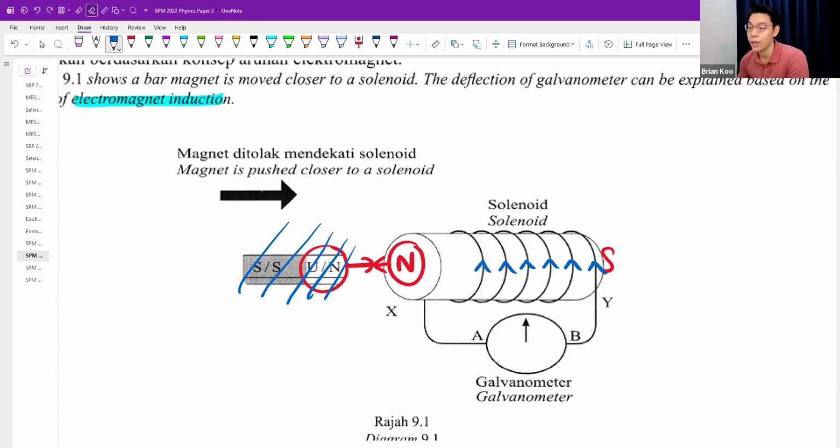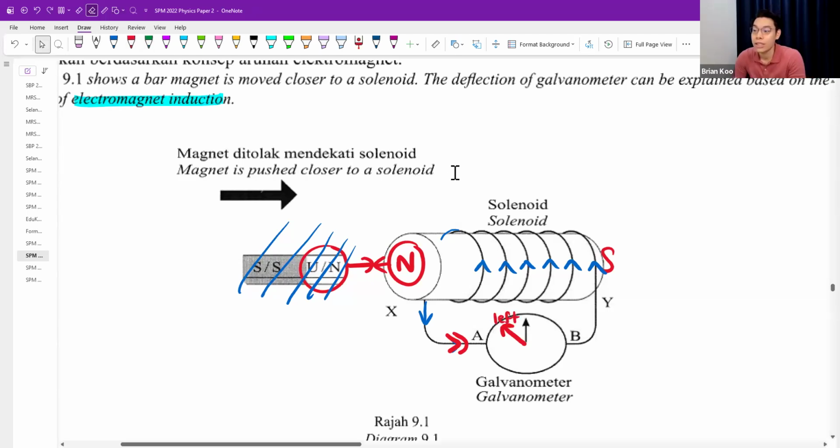If they ask you to draw, you can draw like this. You follow along the wire, it's going to go down like this. And the galvanometer will always point the needle to where the current is coming from. If current is coming from the left side, the galvanometer will point to the left. Okay, now the question also asks,